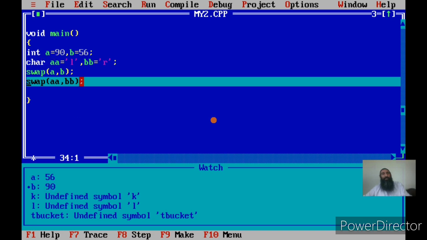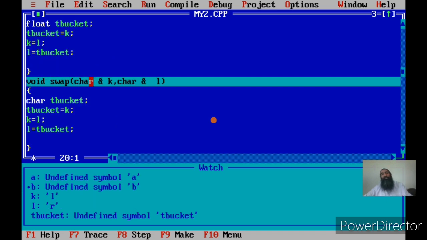Now you know that aa is l and bb is r. Let us see what happens to aa and bb. We can do it without watching, because we know aa is l and bb is r. Once we call this function, you see this call was resolved to a different function, even though the function call seems to be same, swap. You are calling the same function, but actually it is not the same function. The user gets the perception that there is a single function.